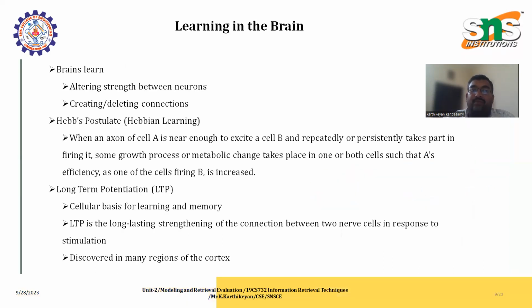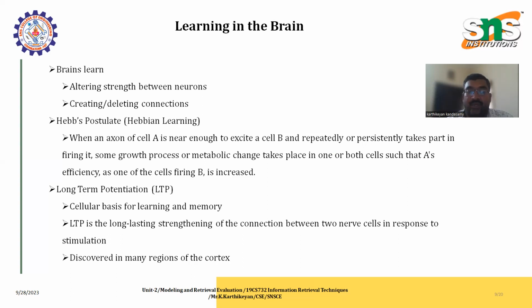In learning, the brain learns by altering the strength between neurons, creating or deleting connections, and so on. One of the Hebbian learning conditions: when an axon of cell A is near enough to excite cell B and repeatedly or persistently takes part in firing it, some growth process or metabolic changes take place in one or both cells